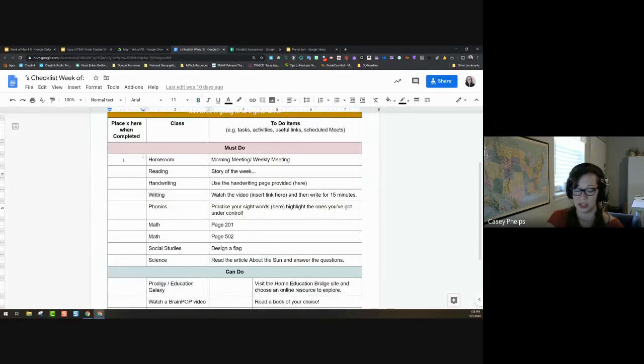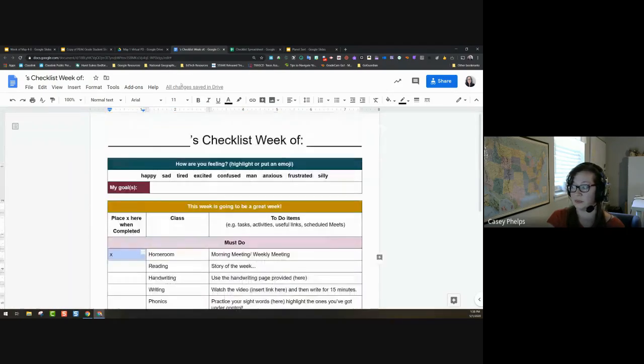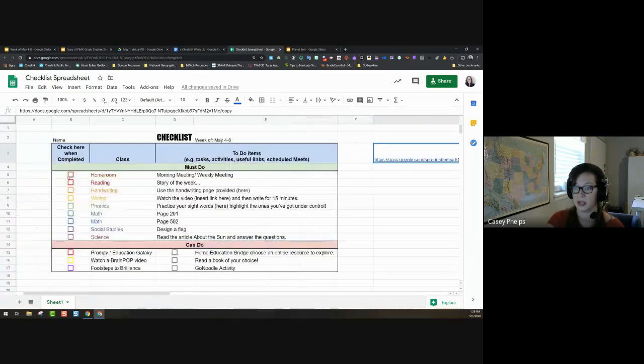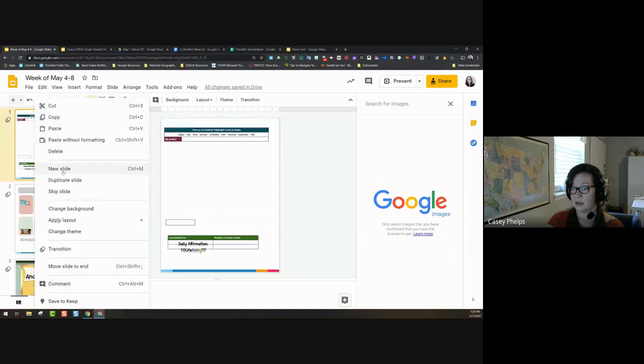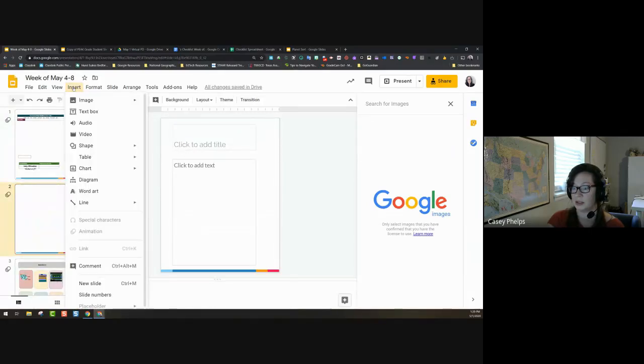Because this one, it was just to hit X, or they could color the box, or something like that, that let you know it was done. They're not as exciting as the colored boxes in the spreadsheet. Now, technically you can put, so that might be a way of doing it as well, you can insert a chart from Sheets,